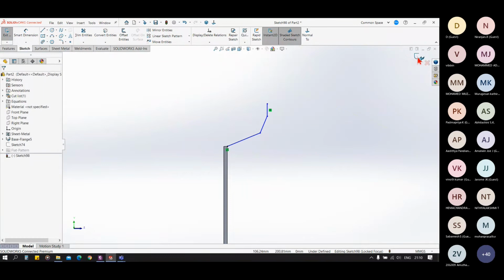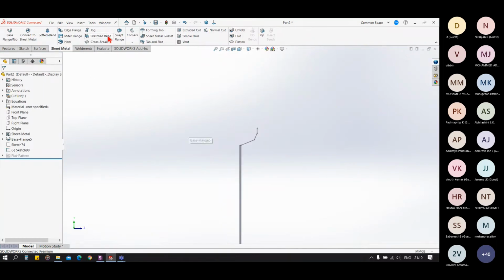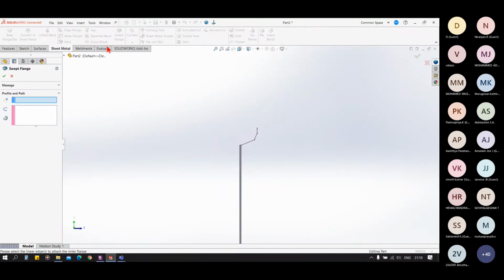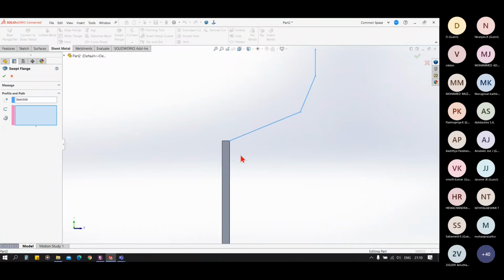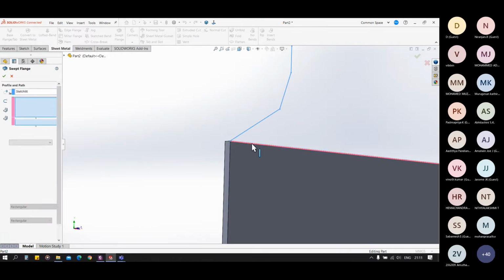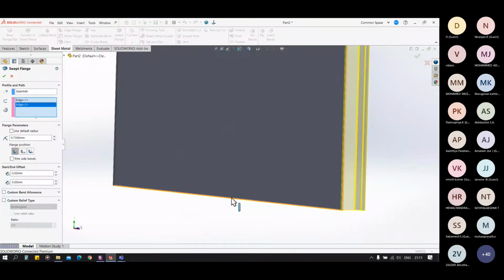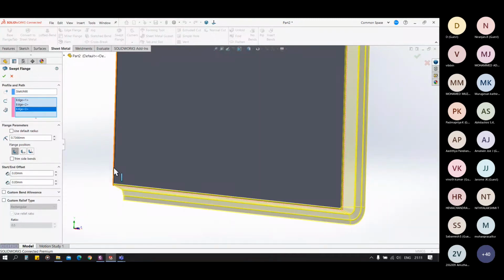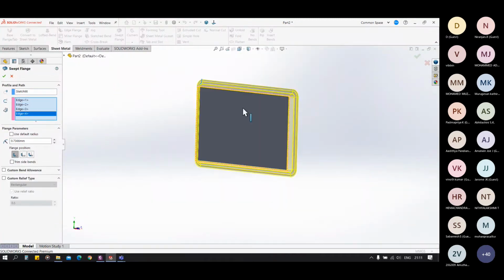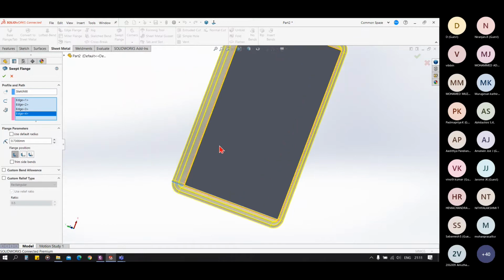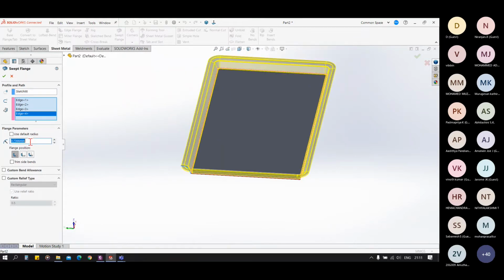Let's suppose I have this profile for my swept flange, and I click on the swept flange. I just have to select the profile and my edges. You can select 1, 2, 4 according to your choice. We have parameter controls for bend radius, for position of flanges.